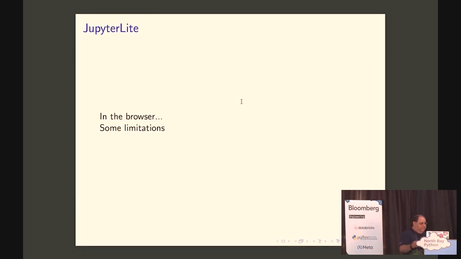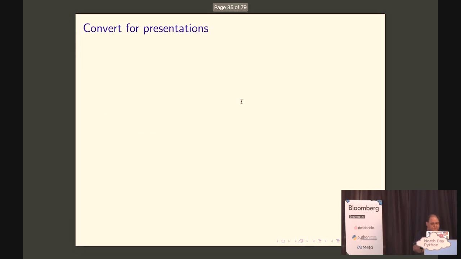So it's important to think about your options and to try it out. Then, if you have a notebook and you are going to do what I'm doing right now, which is teaching in front of people, and not having people do self-exploration, you'll want to convert the notebook to some format for presentation. This is a great place to be in, because there are a lot of great options.